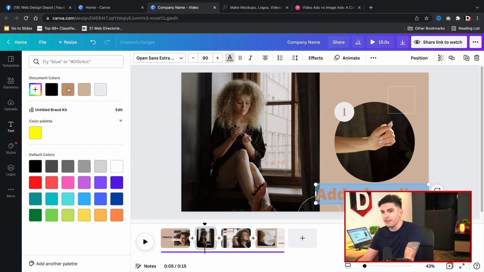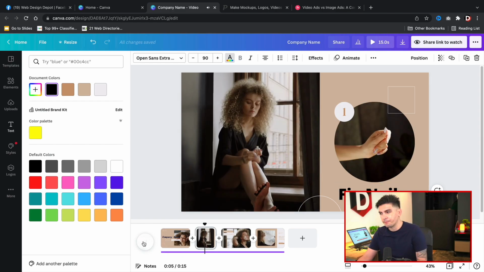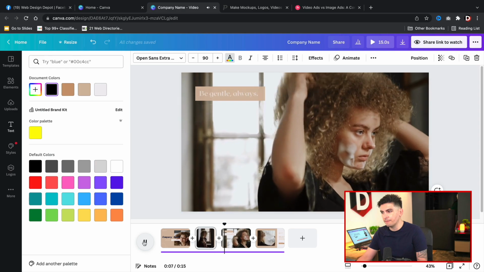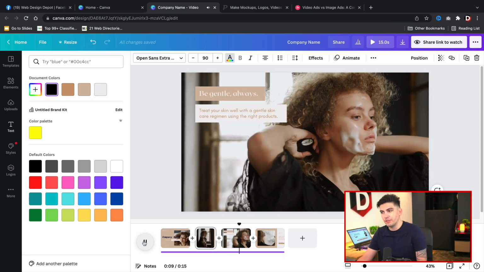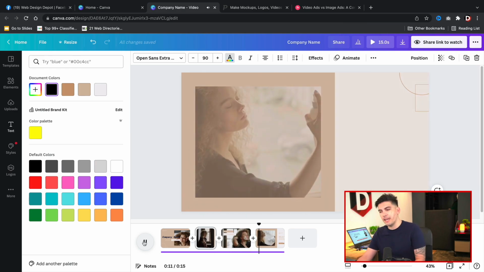And I wanna change this to black, right? And for step 2, this will be something like, I don't know, like nails, fixed nails, right? So we're letting people know that we're fixing the nails, and we're kind of just creating some sort of engaging post, right? So let's just see how this looks from here. All right, fix nails, be gentle. You guys get it, right?